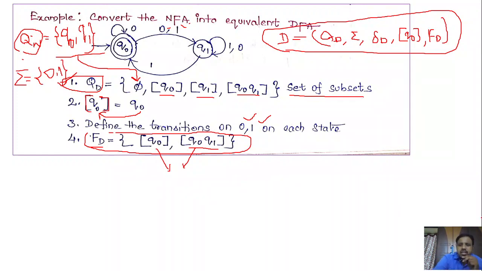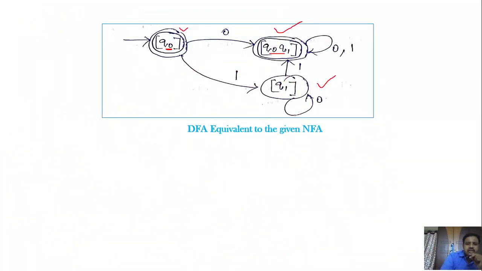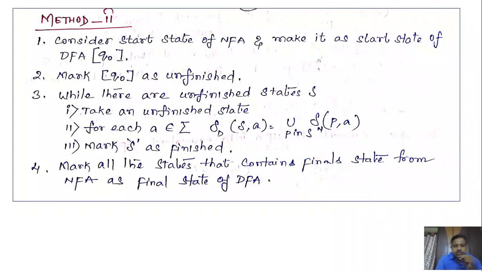So what are the changes that may happen? The changes may happen in the set of states, then the transition function, of course, and the next one is the set of final states. Okay, so this is also one of the most important questions from the GATE examination point of view. So this is how we can construct the DFA equivalent to the NFA. Okay. Next, method 2. So there is also a second method to convert the given NFA into the DFA. Okay. So this method is pretty easy. So you just need to observe the algorithm here first.